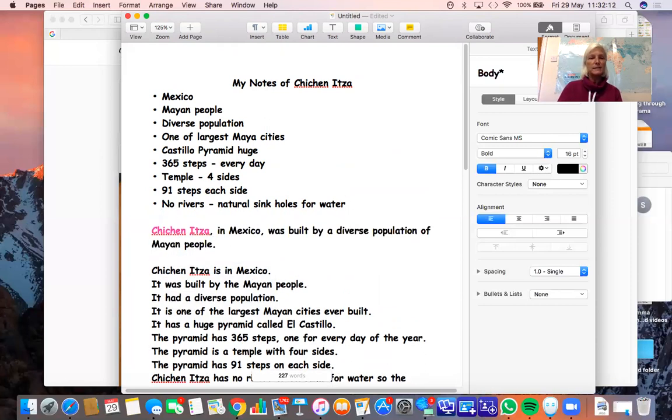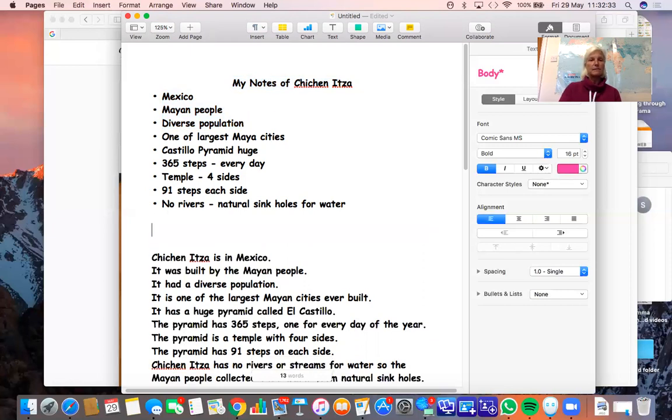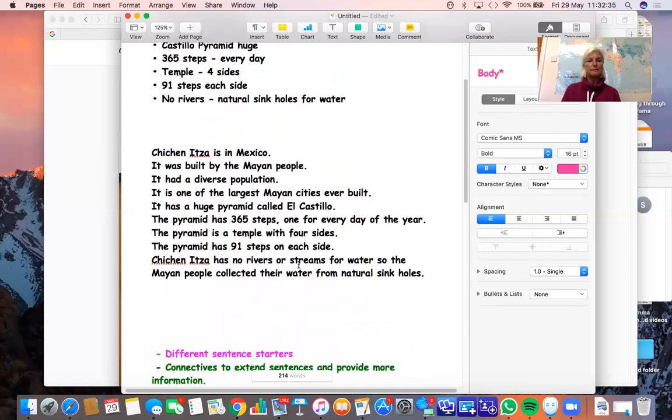So Chichen Itza, that's that information. Chichen Itza in Mexico was built by a diverse population of Mayan people. So we've actually done all of that little bit of bullet points in one sentence. Let's get rid of it. Try the next sentence.